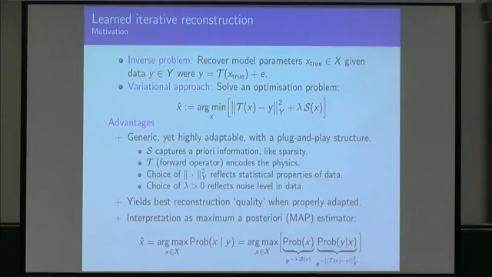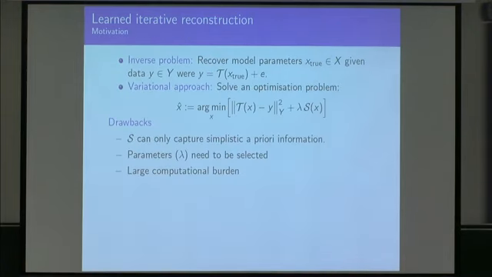This is all nice, of course, but there are some drawbacks that come with the variational methods. Again, as I said previously, even though you can put a fairly sophisticated choice of S, it nevertheless captures, I would say, just a small part of the available prior knowledge. If you look at the radiologist that is analyzing a CT image, or a biologist that's sitting with an electron microscopy image, they'll use a lot of information that will be really tough to capture by an S.